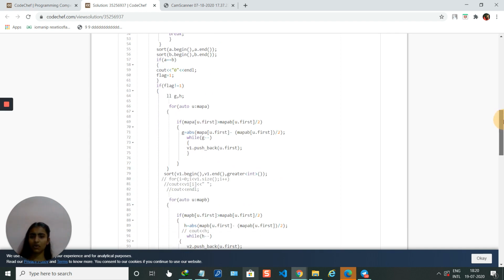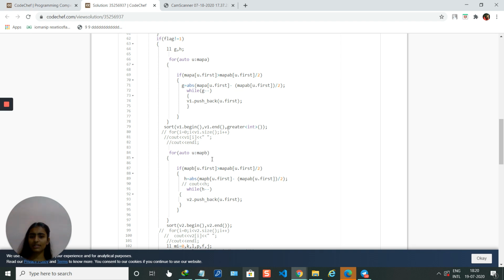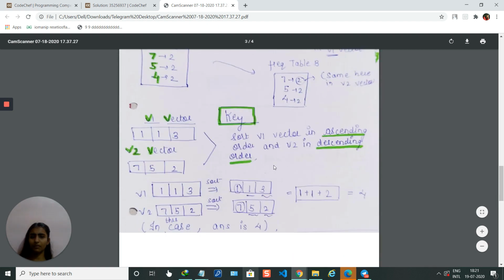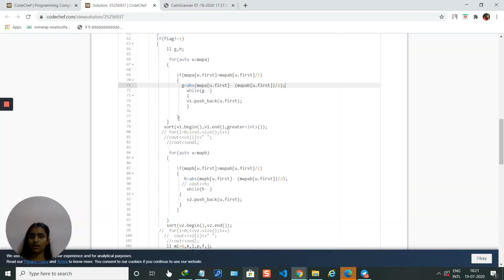Similarly for b, I will traverse it and store in the v2 vector. Why I have subtracted this: so I will know how many times it is present extra, and that number of times I will push it. So we will get the v1 and v2 vectors. Then we sort one in descending order and the other in ascending, or in any way you can do it.